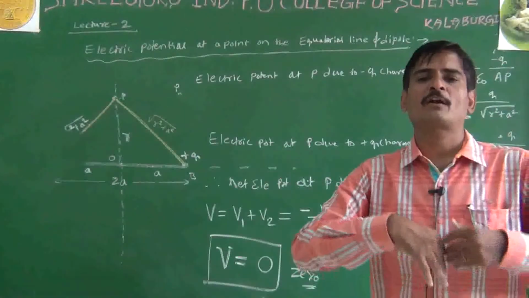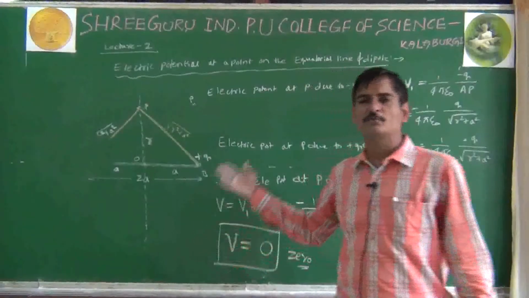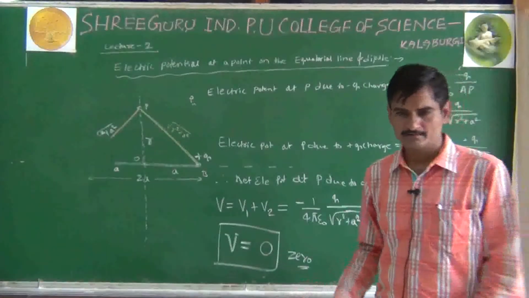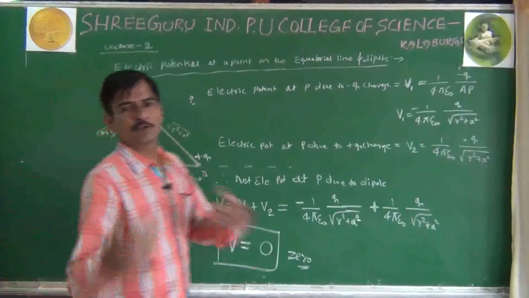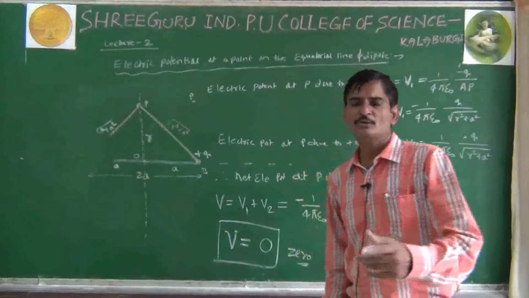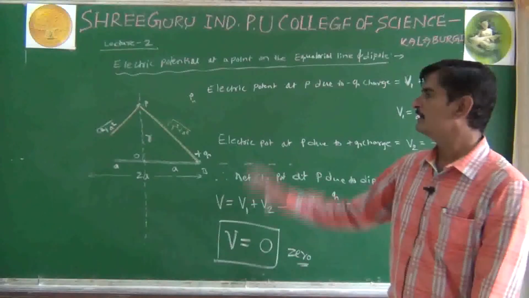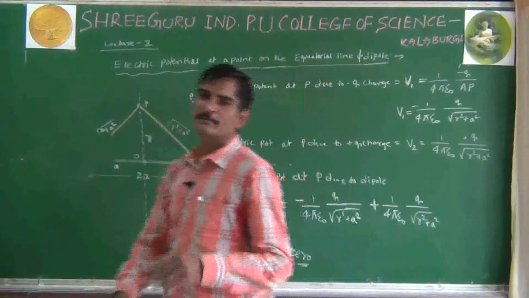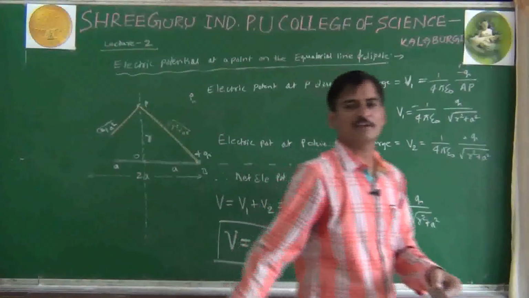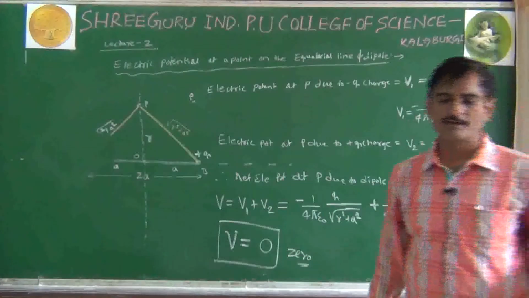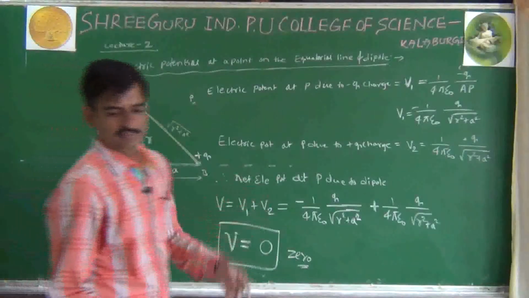Simultaneously. Not after completion of the entire chapter will we solve the numericals; like that is also possible, and like this is also possible. So I will do it separately. In between we will keep on solving the numericals, so that you people will also be active and will also have some work to do at home. That's why I am solving numericals in between, after one class or after two classes, and will keep on giving the homework. In the next period, we will solve numericals related to this or the next concept. Okay.